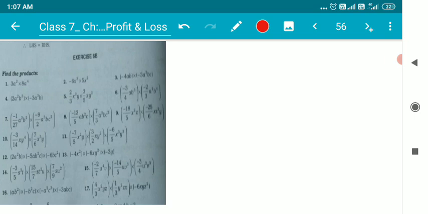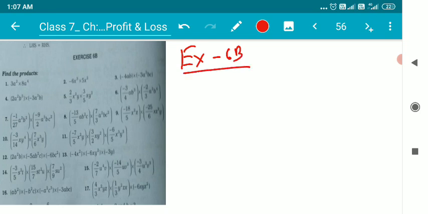Children, as we have been dealing with chapter 6 from R.S. Agarwal, that's about algebraic expressions, in which we learned how to add and how to subtract the expressions. Here in this video, I'll explain the multiplication of algebraic expressions. So let us start with exercise 6B,